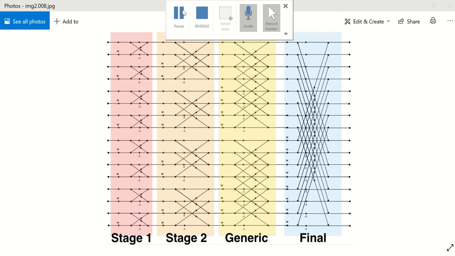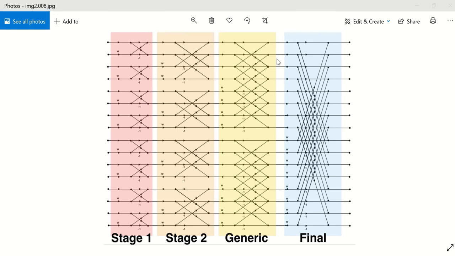This video is about the design and implementation of a 64-point fast Fourier transform. Basically, a fast Fourier transform is one of the alternate implementations of the discrete Fourier transform. As we all know, Fourier transform is used for conversion of a time domain signal to a frequency domain signal. 1D DFT is for 1D signals, and similarly we have 2D and 3D Fourier transforms as well.